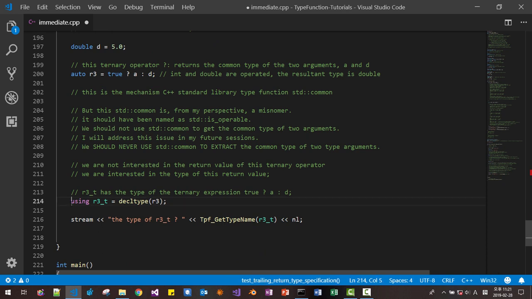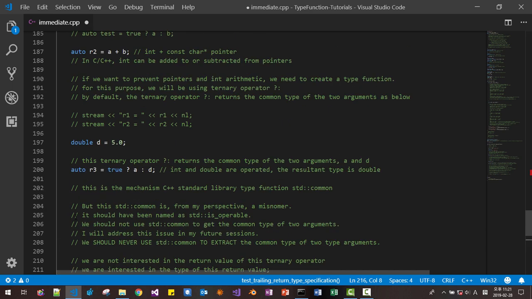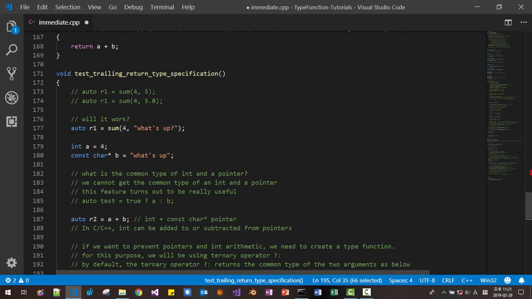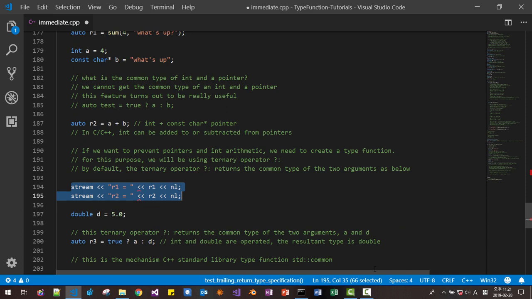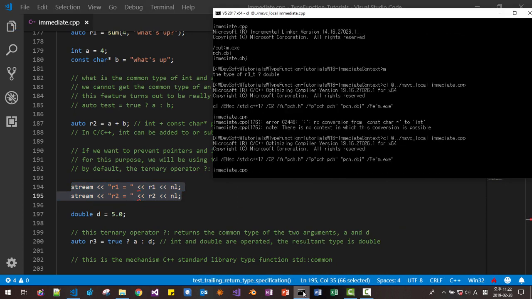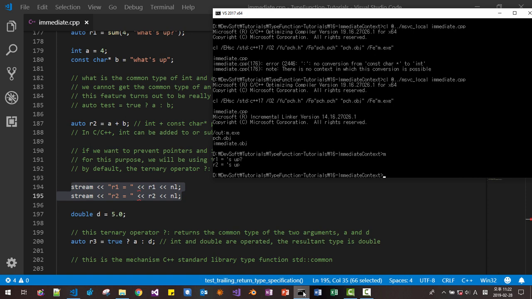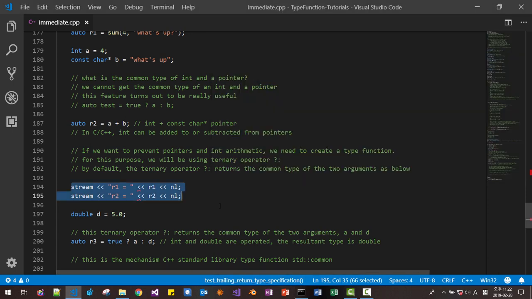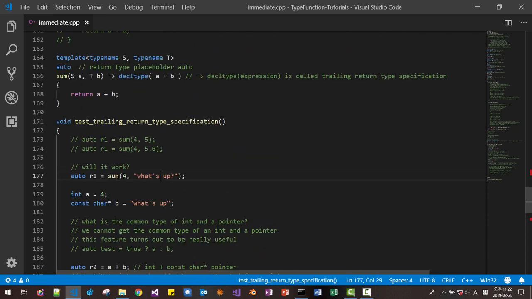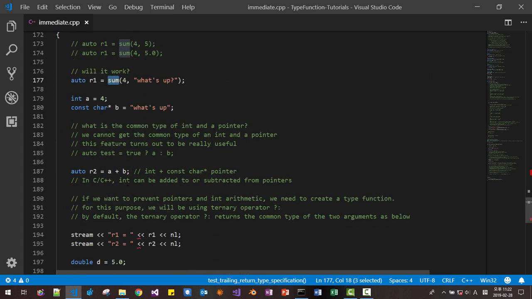I will disable this part too. And I re-enable this part so it works as before. Now it works. If we prevent from here, if we prevent this operation, R1 still works.